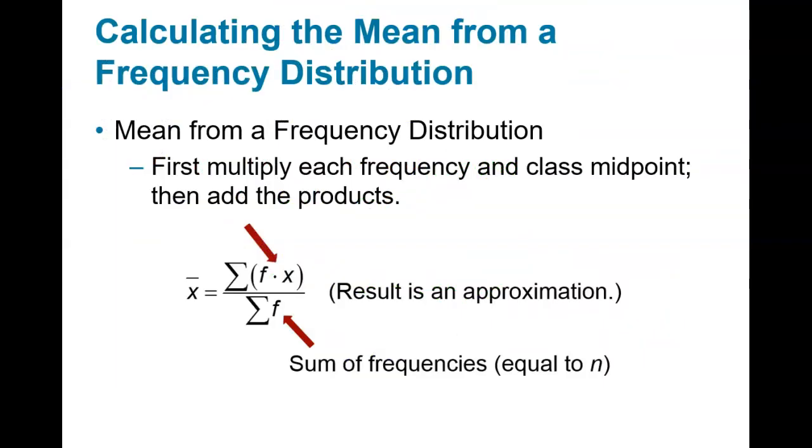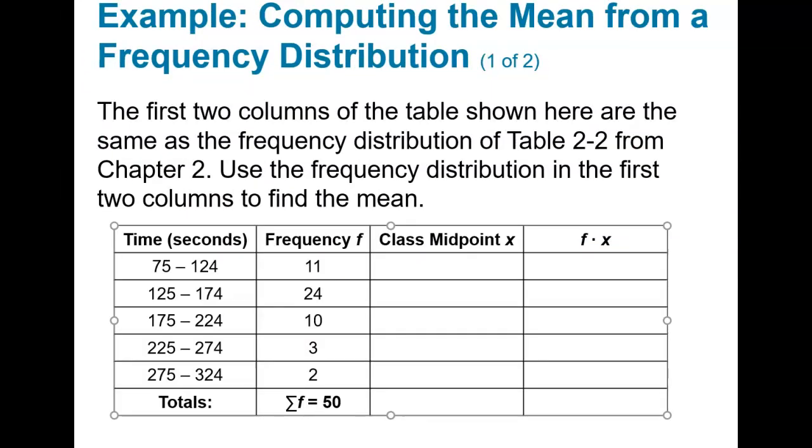We will now look at how to find the mean from a frequency distribution table. First, we need to multiply each frequency by the class midpoint, and then add the products and divide by the sum of the frequencies. We are going to calculate the mean from a frequency distribution table that we built before. First, we need to find each class midpoint, then multiply the class midpoint by the frequency. Remember, to calculate the class midpoint, we add the lower limit and the upper limit of the class, and divide by 2. After you multiply each frequency by the class midpoint, add the products up.